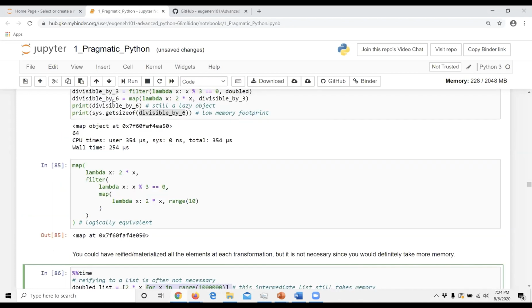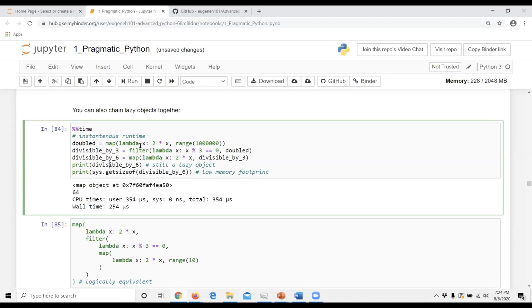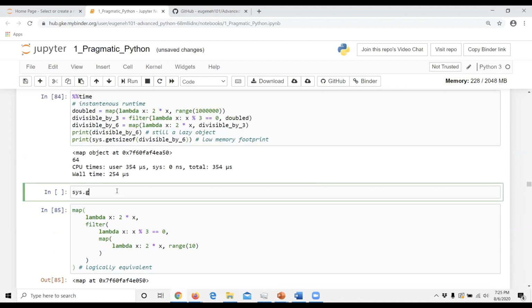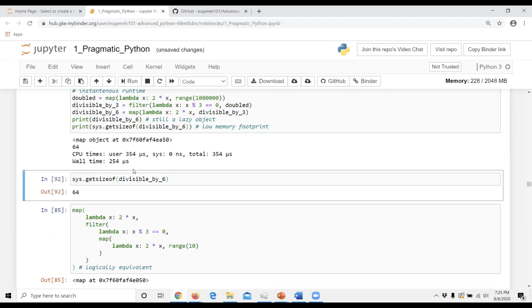But here in the functional style, with map and filter, all these things together are like 64 bytes of RAM. So this map generator is 64 bytes of RAM.